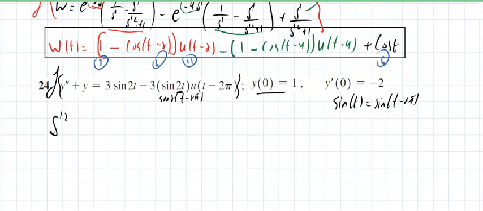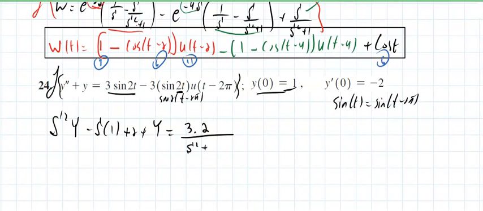So when I apply the Laplace, I get s squared Y minus s times 1 minus a negative 2, plus 2 plus on y, that's simply capital Y. Now here, this by itself is 3 times 2 over s squared plus 2 squared, which is 4, minus 3 times e to the negative 2 pi s, and instead of that will be 2 over s squared plus 4, and now if I take a Y out of this,